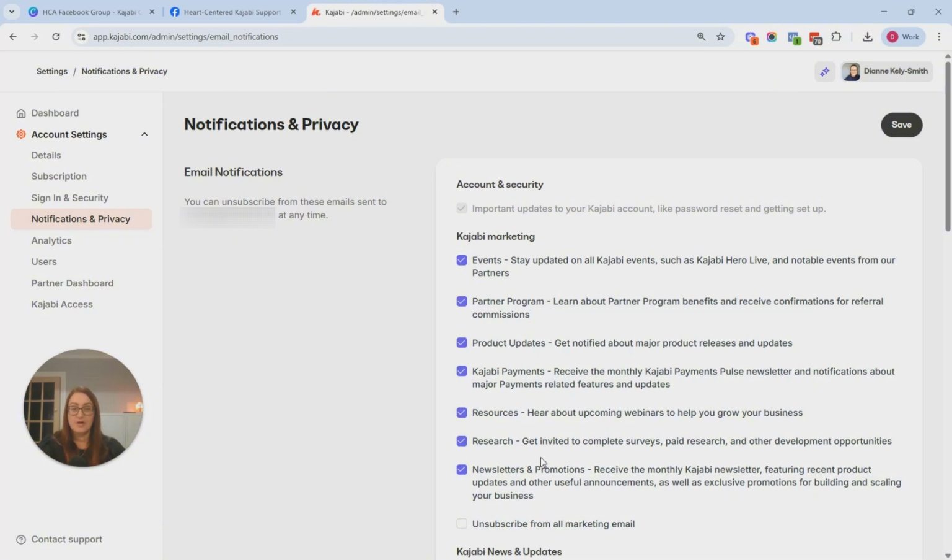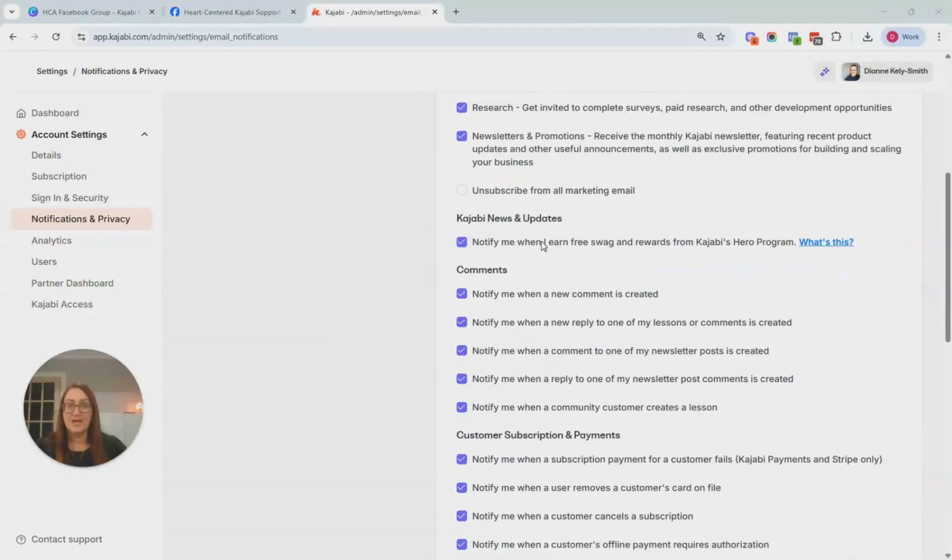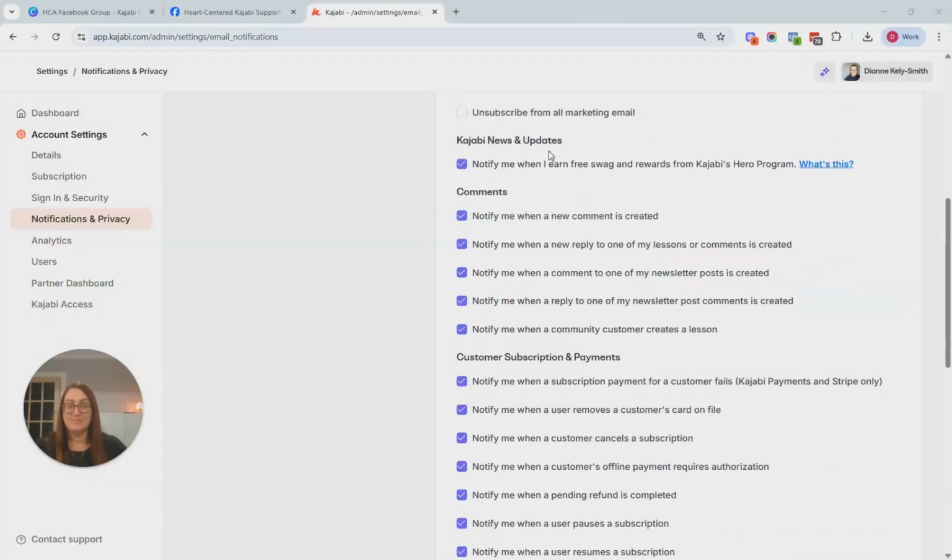Now, as a service provider, adjusting these settings has made a huge difference in my inbox, and I'm sure it will help you too, especially if you're feeling overwhelmed by the number of emails that you receive. So you can just work your way through this list and decide what it is you actually want to receive notifications about. So there is Kajabi Marketing. We have Kajabi News and Updates,